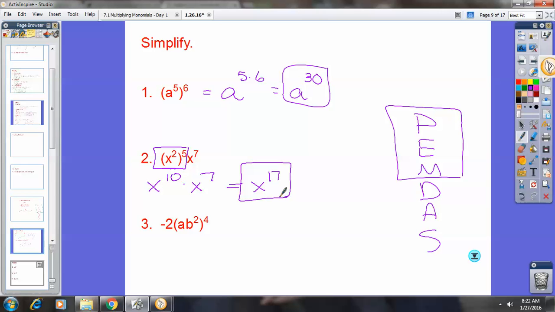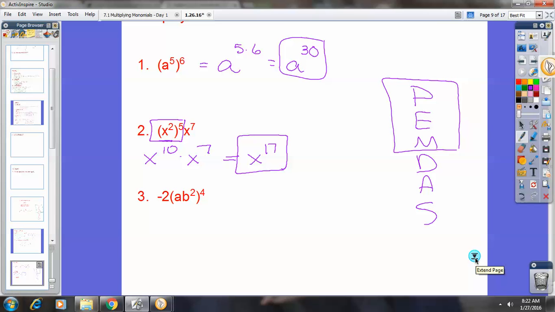You've got to go in this order. You cannot multiply before you do exponents. You take care of the exponents first and then multiply. On example 3,